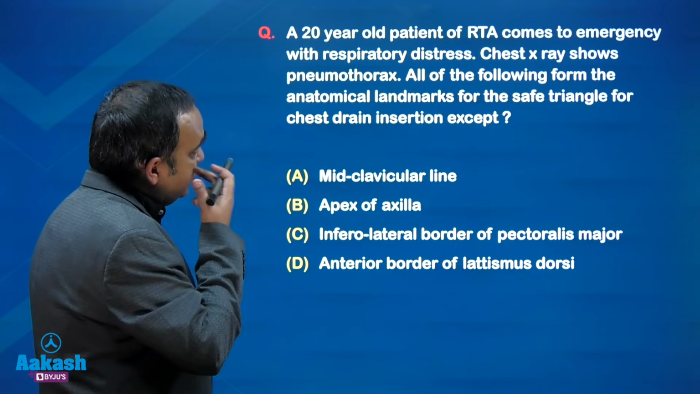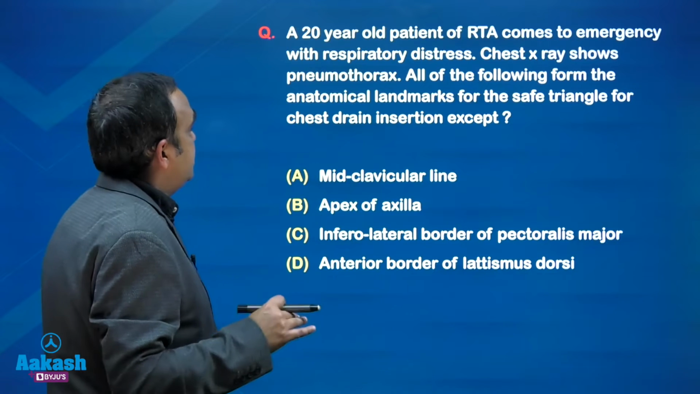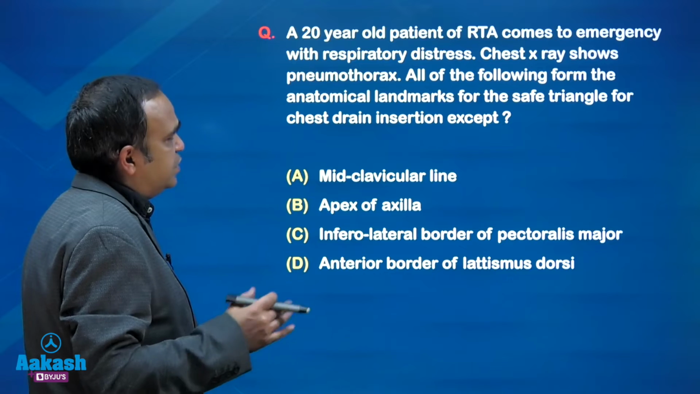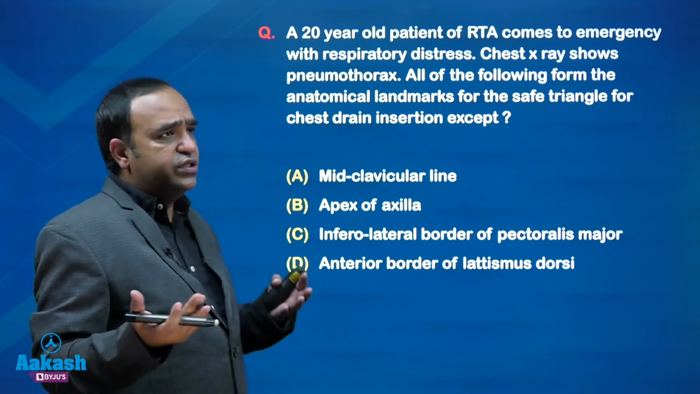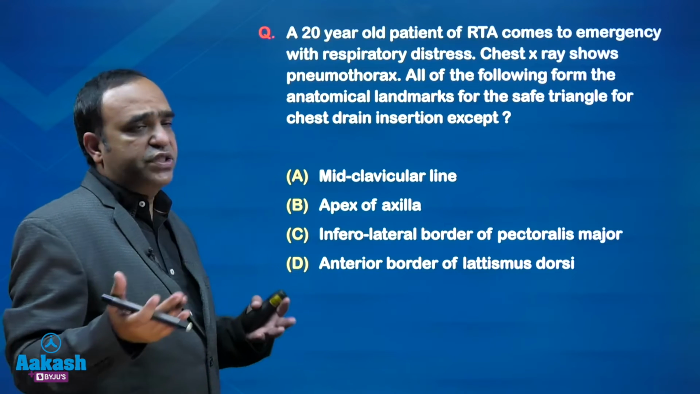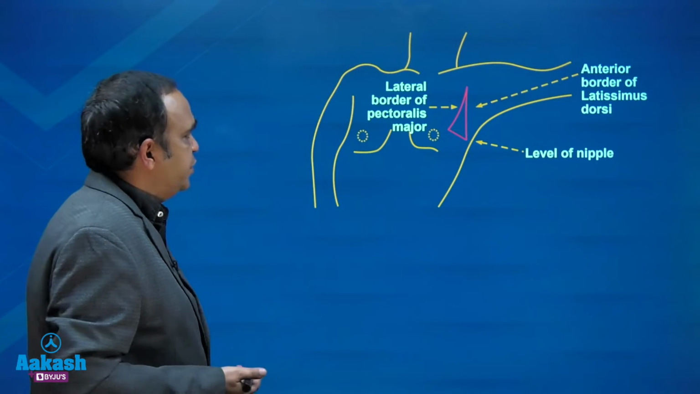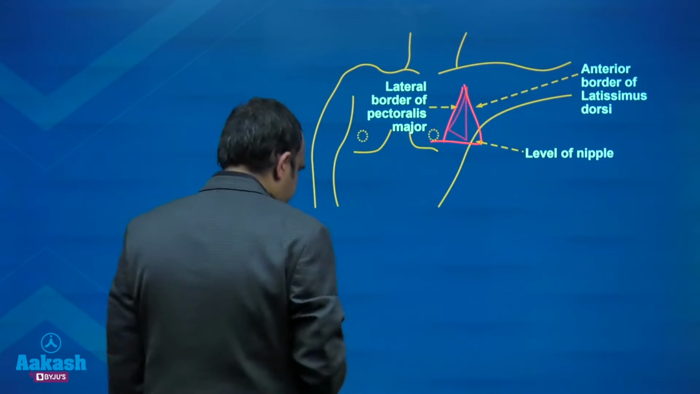A 20-year-old patient of RTA comes to emergency with respiratory distress. Chest X-ray shows pneumothorax. All of the following form the anatomical landmark. So it's straightforward, asking about the boundaries of the safety triangle for chest tube insertion in the form of a clinical situation. So let me show you the picture first. So that's the safety triangle,